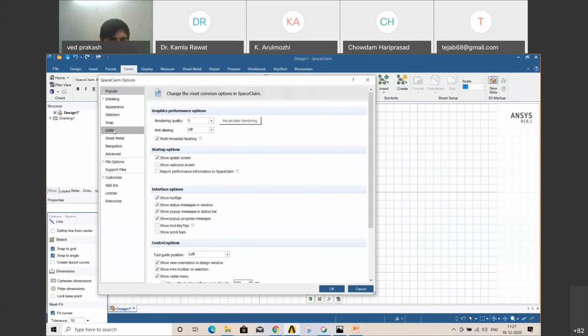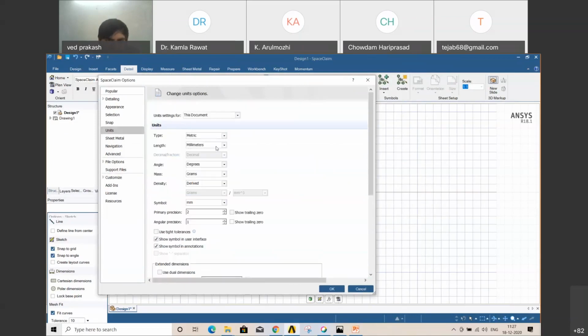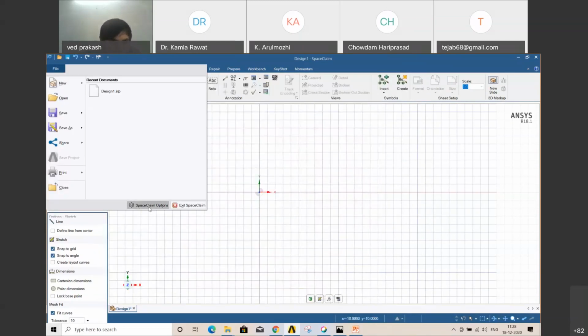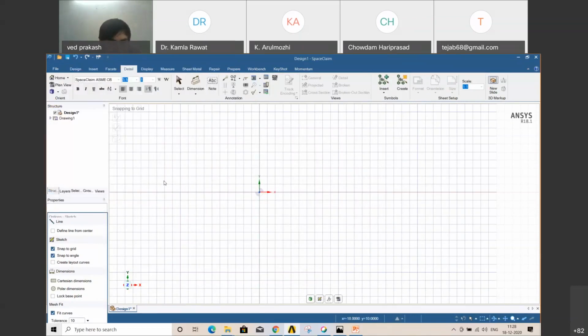Now here you get some options, so units. In the units section, you change your units from millimeter to, sorry, it is not working, one second again. Same option.